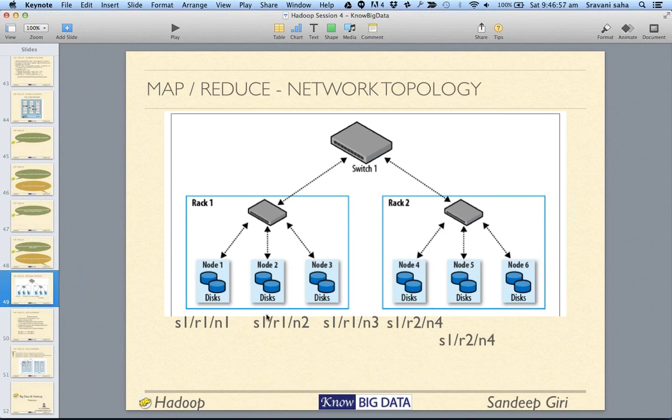Okay. So as you can see, we first represented our node as this structure. So this becomes our topology. So we have got switch 1, rack 1 and node 1. So node 1 and node 2, their parent is rack 1, right? So the distance between node 1, so